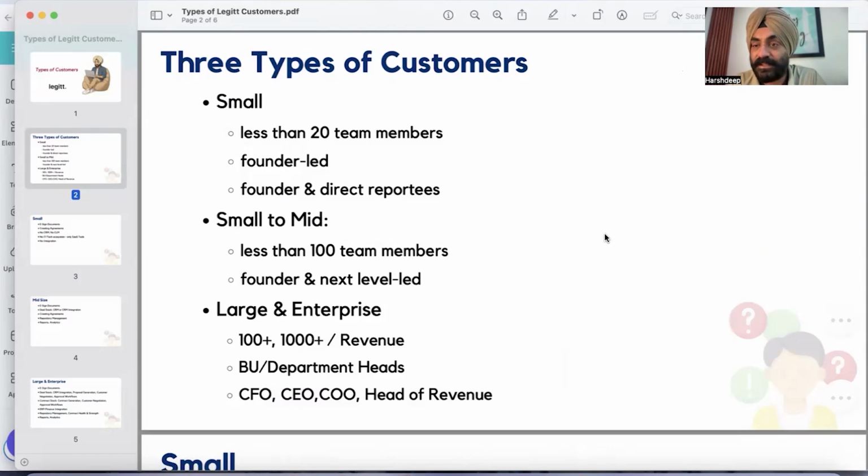Still, the decision maker on which tool to use, and what templates we create for these customers, and signing of these contracts generally happens by either the founder or somebody reporting to the founder.